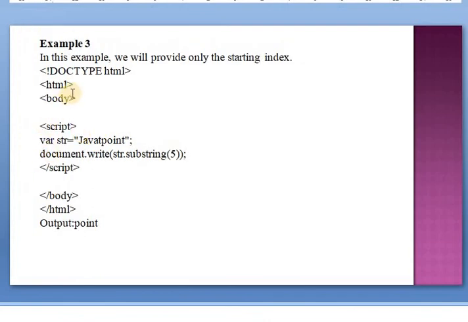Next example, in this example we provide only the starting index. Here I am providing only 5 as the starting index.